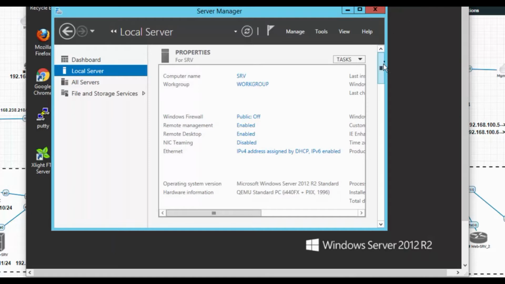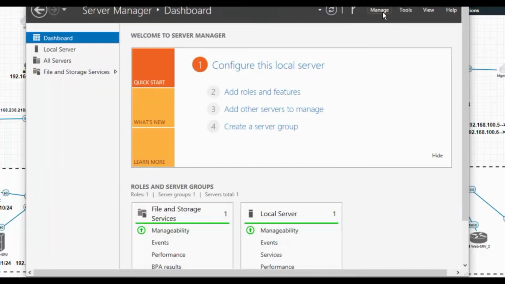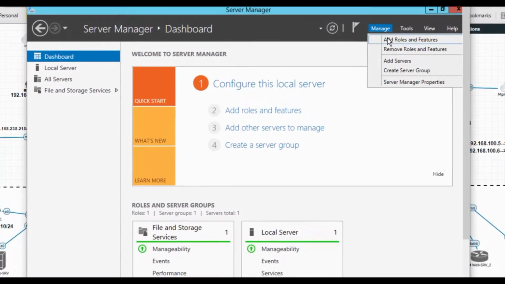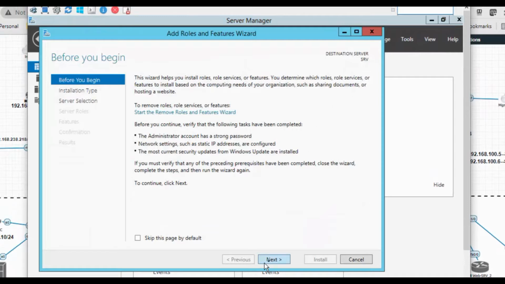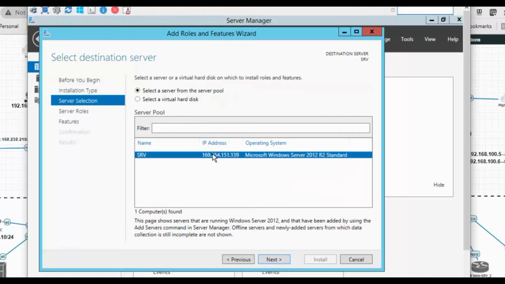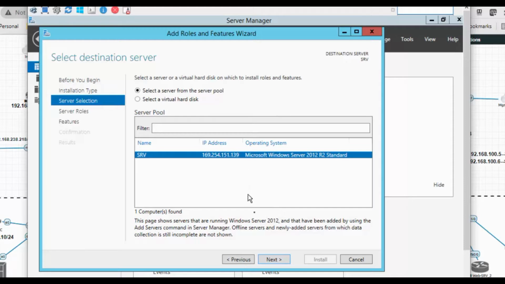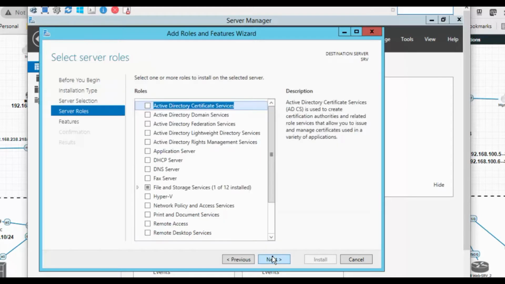Okay. So now we will go to the dashboard and go to Manage, Add Roles and Features. Click next. As of now, it's showing an IP address; once it reboots, it will show the 192.168.3.10 IP address. Click on next.